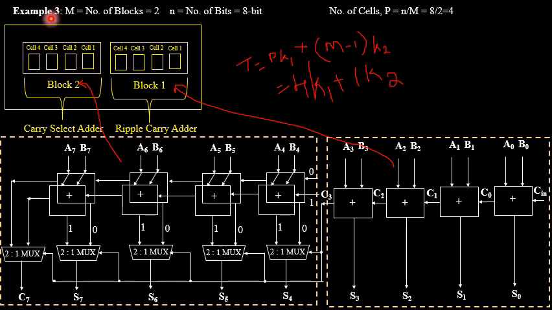If you have understood the main thing, that is this particular concept, how to categorize it into a ripple carry adder cell and carry select adder cell, and if you understand the basic from where you are going to consider the control signal for your 2:1 multiplexer, it is quite simple. So hope you will understand this. Just go through this once. So if you have any doubts, you can just post your comment, or you can just get it confirmed through Google Classroom. And I want you to solve more number of problems, or more number of design problems on these things, because it is a sure question which will be asked in exam.